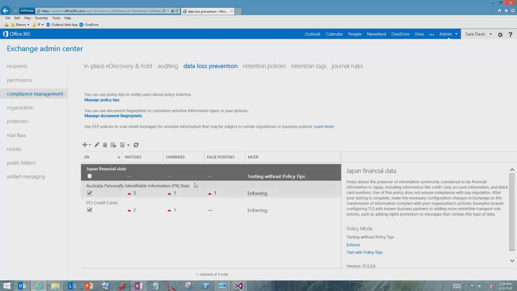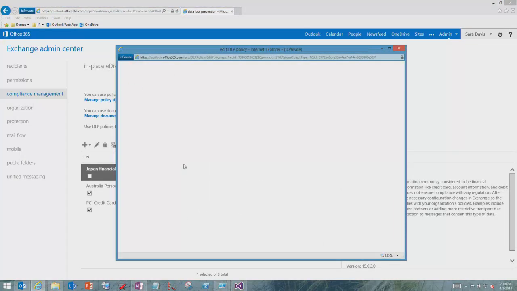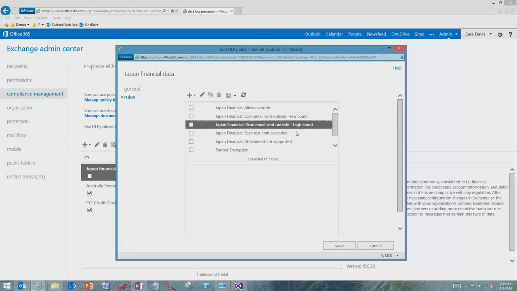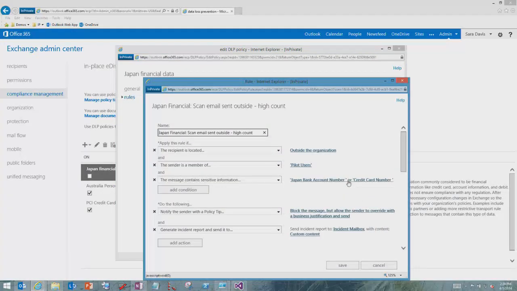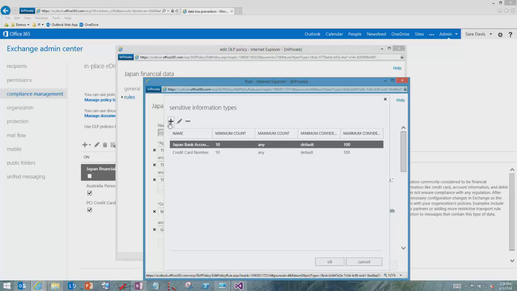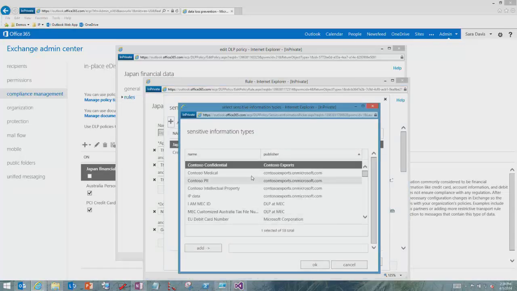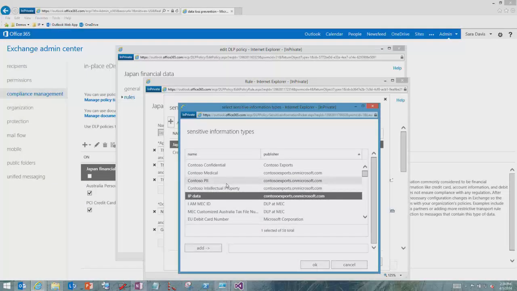types. So now if I go into Japan financial data, drill into my rules, go ahead and edit one of these rules that has sensitive data. My fingerprint will show up here. So there's IP data, the one I just created, and there's a couple of the other ones I had in